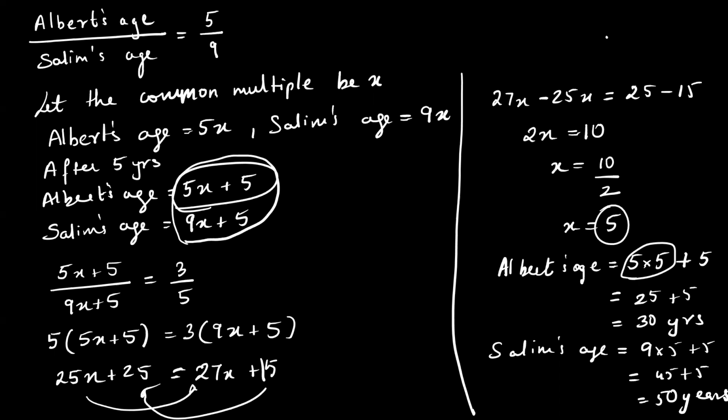Okay, I think Ayan read the wrong thing. We are not supposed to find the age after 5 years. We are supposed to find the present age. Present age मतलब आज का age. Yes. Plus 5 you are not supposed to do. So yes, the correct answer is 25 and 45 years. Okay, just make that change.